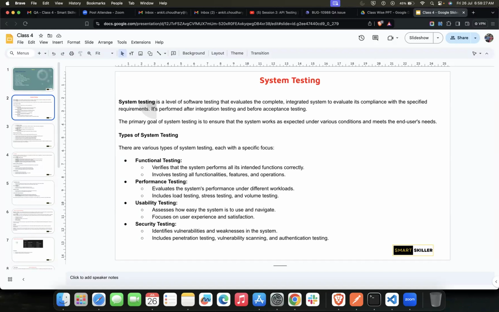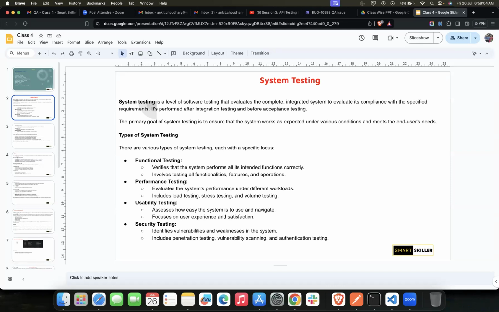Deepen, we'll start with you. Make it quick. System testing is a level of software testing that evaluates the complete integrated system to evaluate its compliance with the specified requirements. It's performed after integration testing and before acceptance testing. It means system testing is when we gather information, sorry, I might be mistaken.